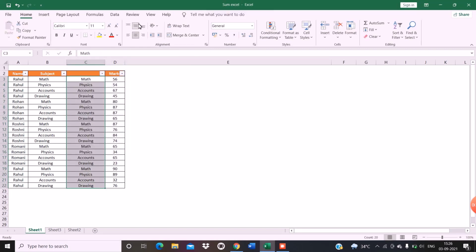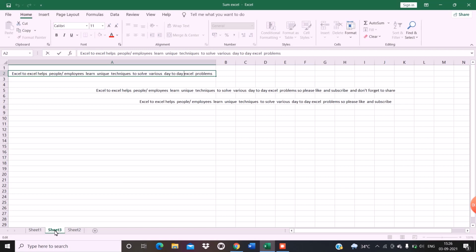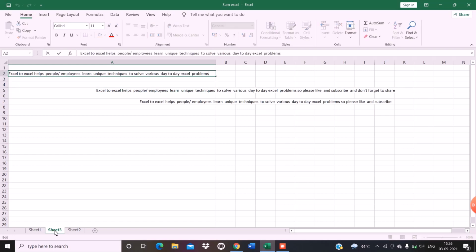But the question arises, if I'm working on data which is not a single word but is in a paragraph like this, and there are spaces, like suppose there's not a single space, there are two spaces in between these two words, and again there is a single space, so it's very difficult to identify how to remove these spaces without entering into each cell. I will discuss the solution of this query